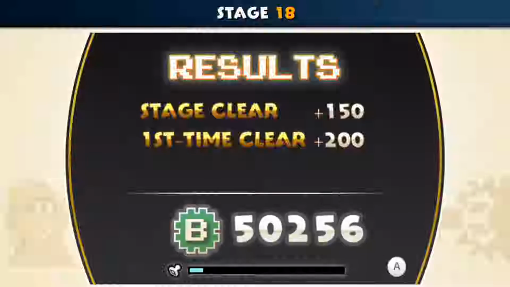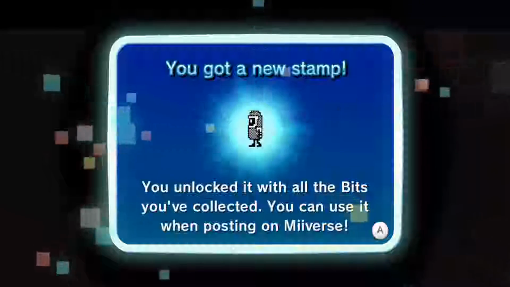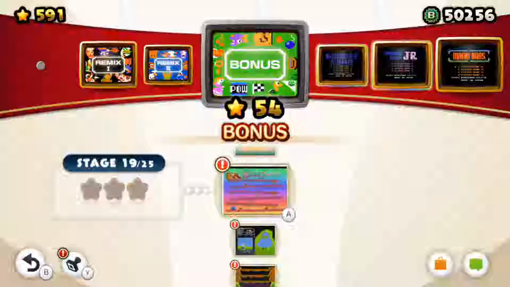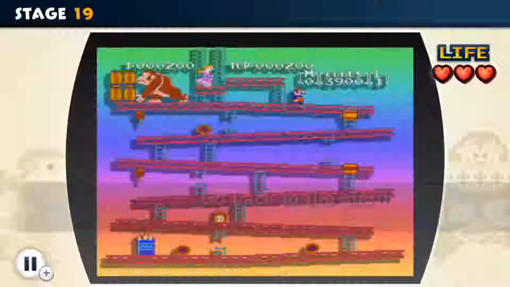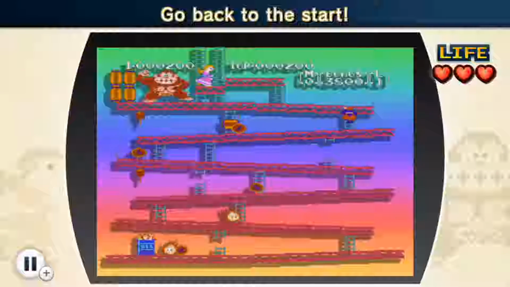And we reached over 50,000 points right now, so we've got ourselves our new stamp right there. I believe that's actually based off Wrecking Crew, the eggplant enemy, where you're able to trap them while using the drum. So anyway,